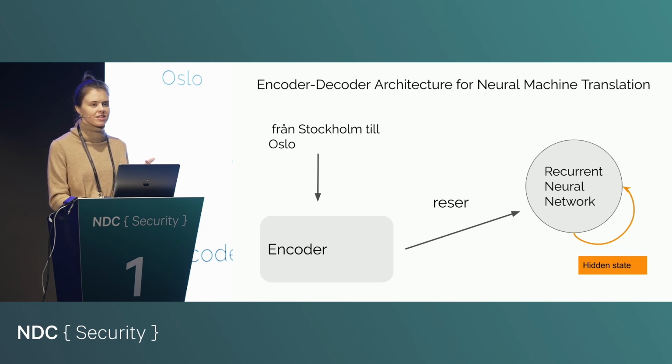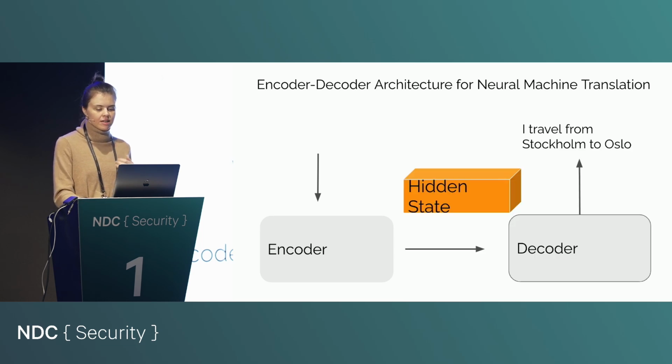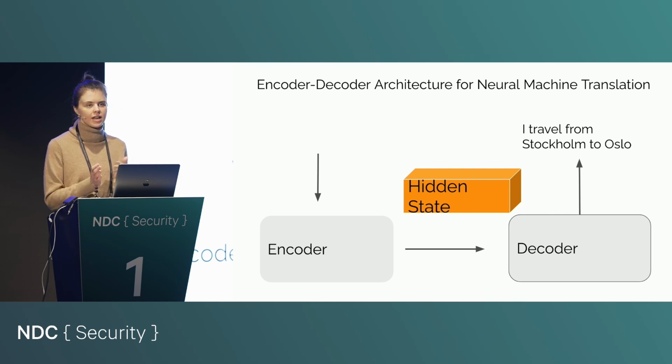And if you can imagine that it does this over and over again, millions of times for hundreds of gigabytes of text, at some point it would develop a pretty accurate probabilistic model of how it should place words in a sentence so that it actually looks like a human wrote it. Then when it's done processing the first sentence, it collates all of the hidden states into a context vector. And this context is then passed to the decoder, which goes through the same process, but in reverse. Instead of consuming the word tokens, it's taking the hidden state and then emitting the most likely tokens based on the information that it got from there.